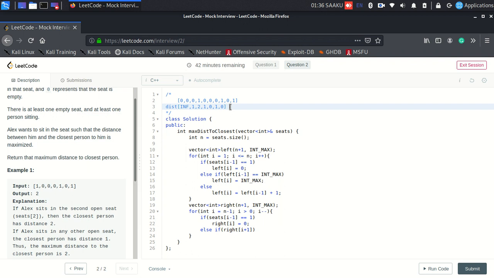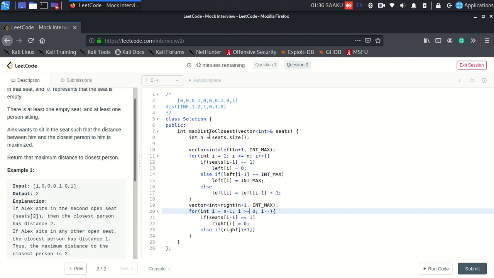Okay, so I'll start with my n minus 1th element, I'll go up till 0. I think that's right. I'll go up till 0, and